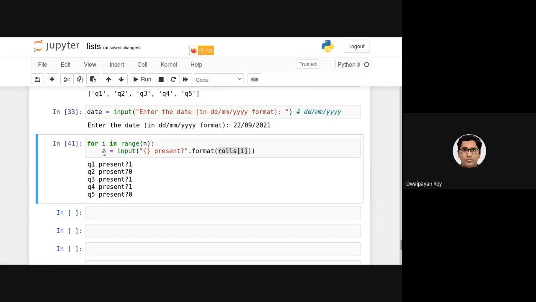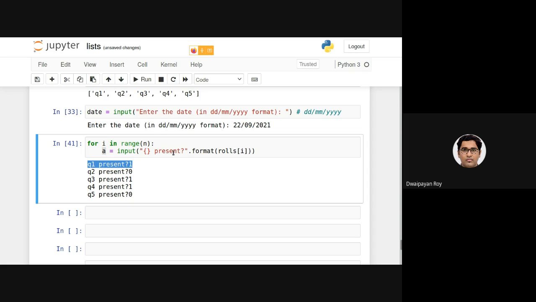Now in this code, I'm taking the input, but these inputs are never being stored somewhere in a methodical way, right? Because every time the presence is being taken in the same variable. So as soon as I am giving this 0, the information regarding the first student has been lost.